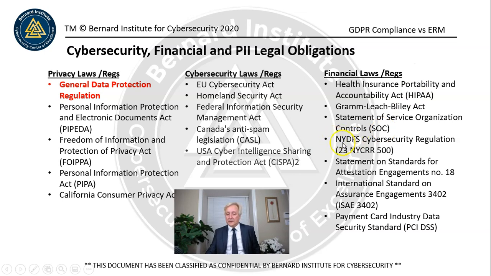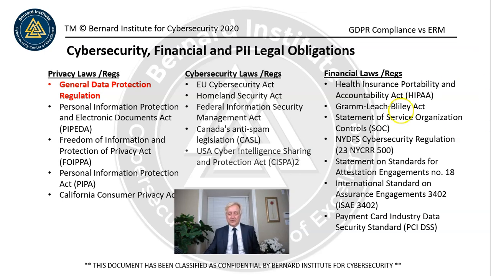Most recently, the New York Financial Group, the top financial and commercial organizations in New York, got together and created the Cybersecurity Regulation 23 NYCRR 500. This is one of the best pieces of work that I've seen. I'm really impressed. Not to play down the accountants, but working mostly in the financial world myself, this is one of the best, if not the best, that I've seen so far coming from this industry.